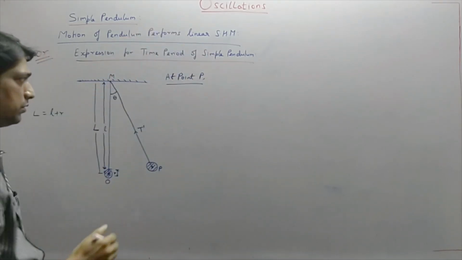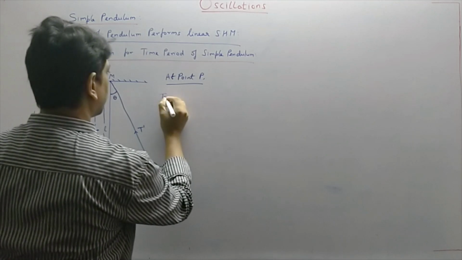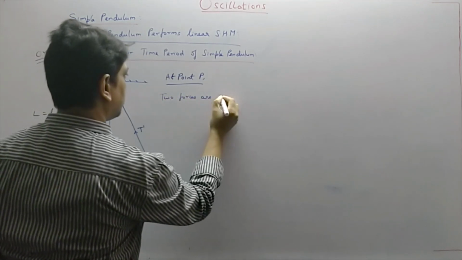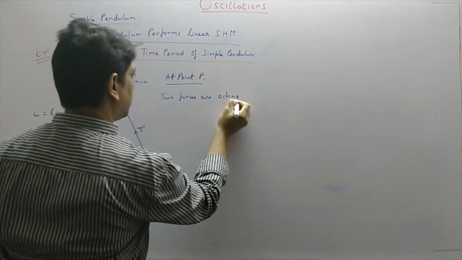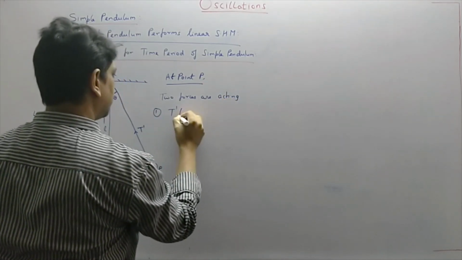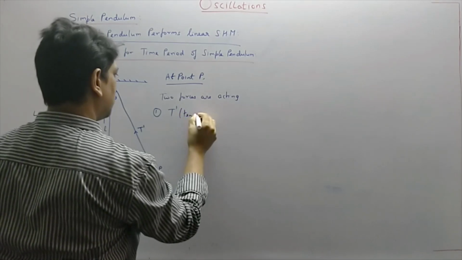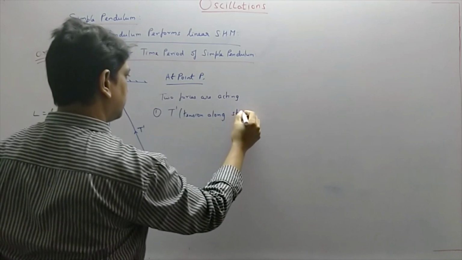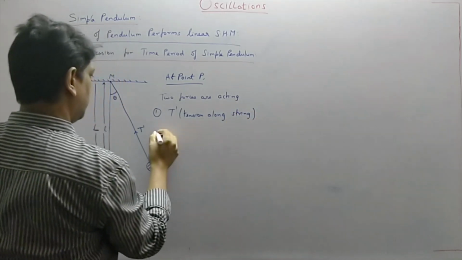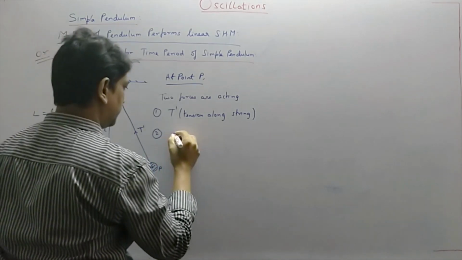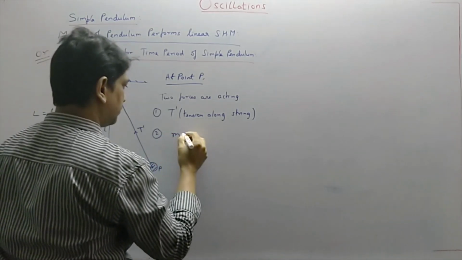Two forces. Number one, T dash, the tension along the string, and number two, the weight of the bob, that is mg,